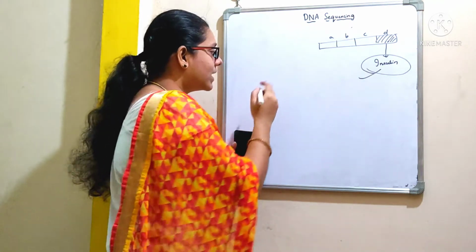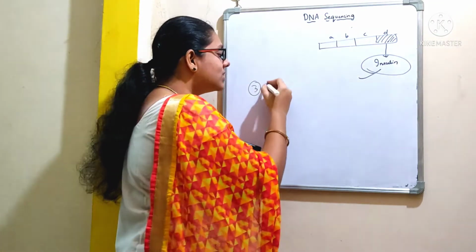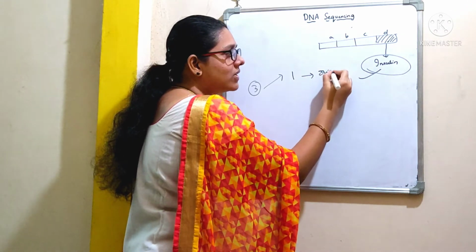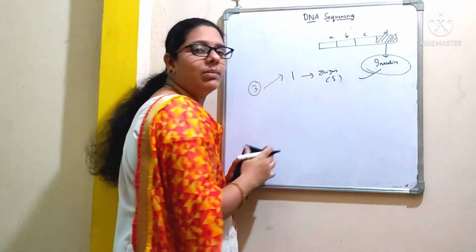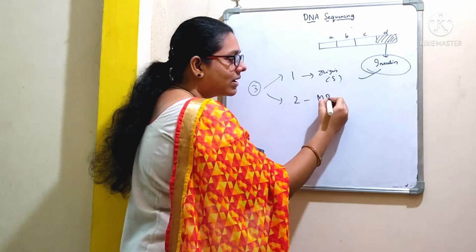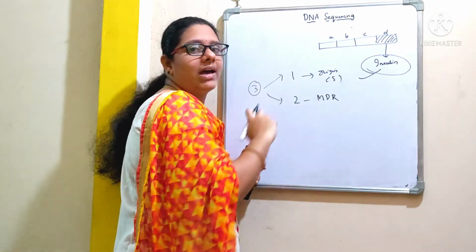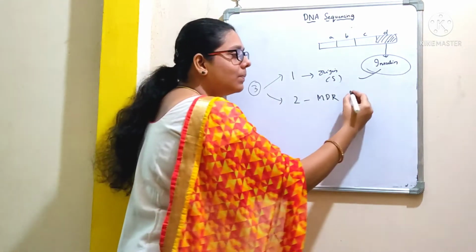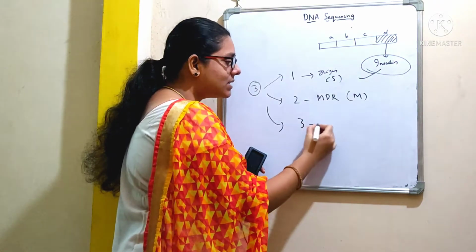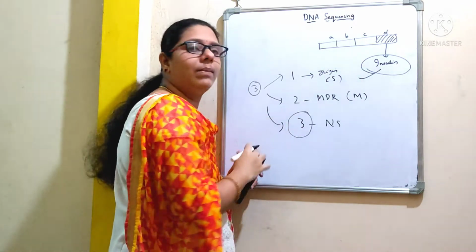Say for example, I have 3 different E. coli strains. Out of these 3 strains, one E. coli strain is the original strain which is sensitive to antibiotics, and the other E. coli strain is multi-drug resistant. That means it is resistant to all the available drugs and it is a mutant strain, right? And the third strain is a novel strain. I don't have any information about this strain.